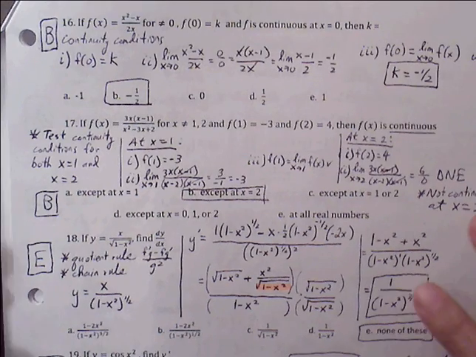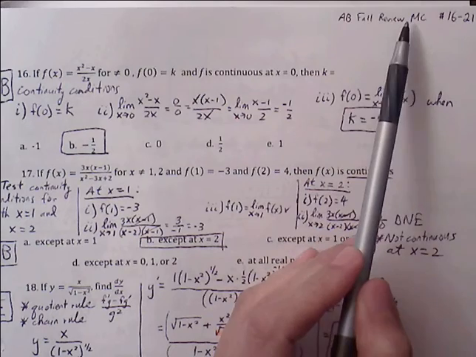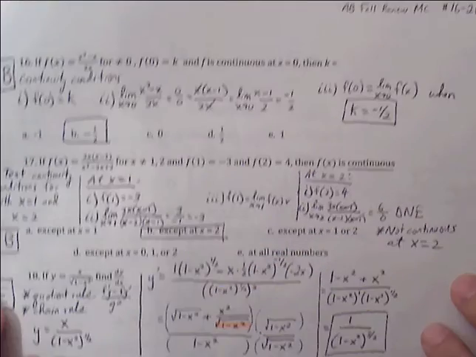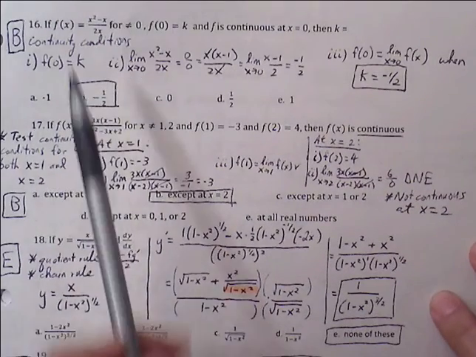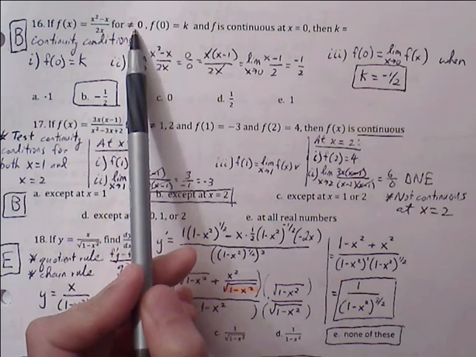We're continuing with the AP AB Fall Exam Multiple Choice Packet Review. We're looking at problems 16 through 21. So 16 says we have a function that's provided here that exists for every value except at 0, but that